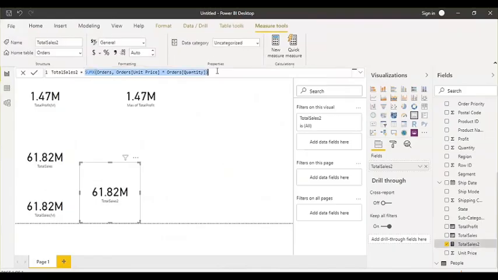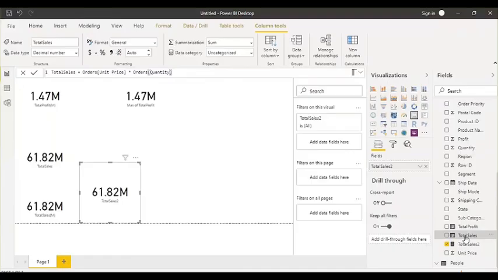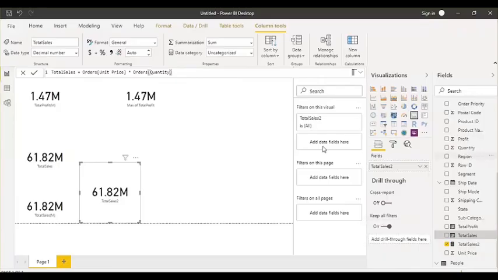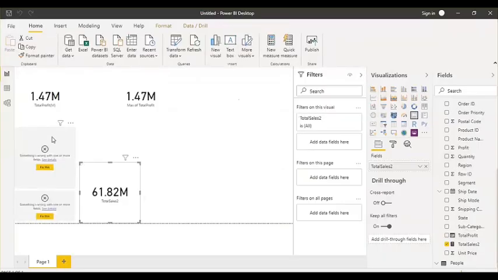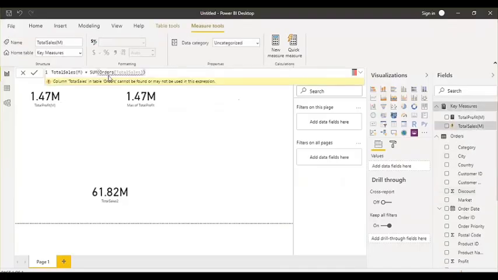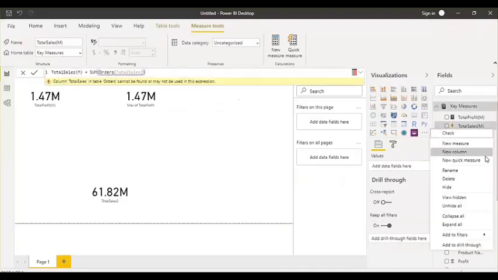It means here what I did, I don't need this total sales column now, because without creating an unnecessary column in my table, without increasing the size of my table, I can easily achieve the same thing. So I can delete it because it's not a good practice. I deleted that, and that column was used in two measures, in these two visuals. So those I also delete. There is one measure where I was using that column, so I can delete this one also.